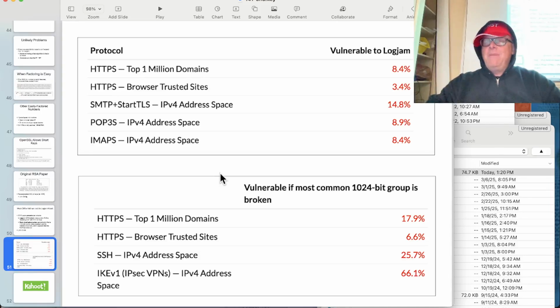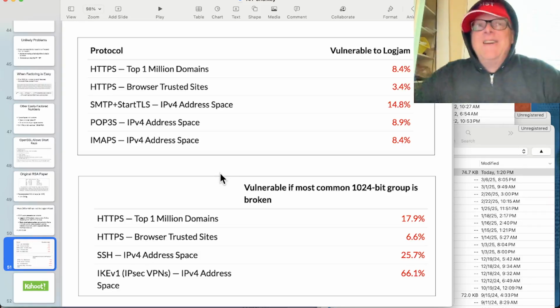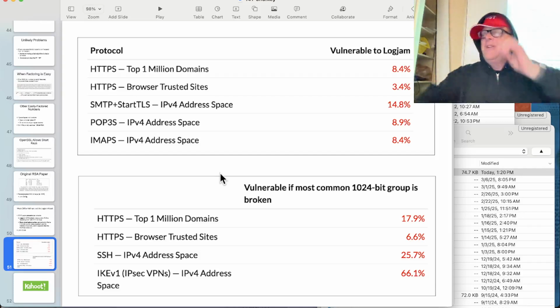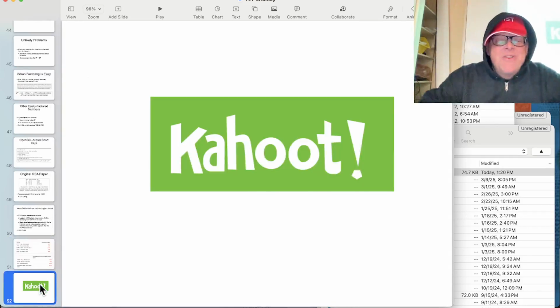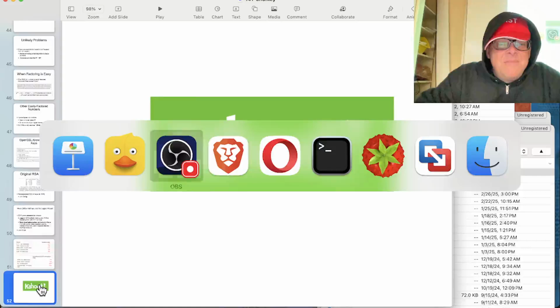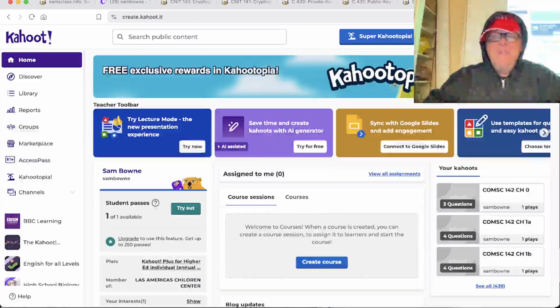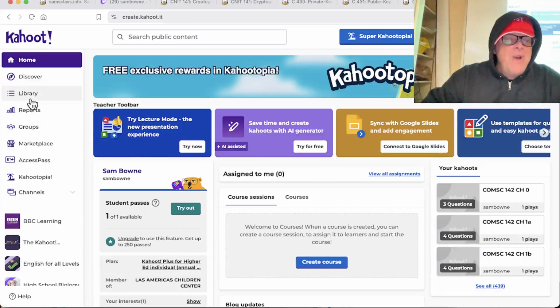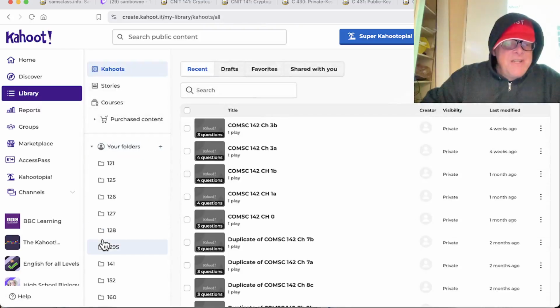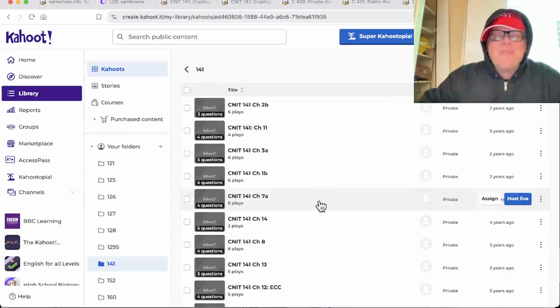I started looking at Android apps, and more than half of the Android apps implement encryption wrong. And I said, this is awful. We have systems that work, and people just don't use them correctly. So it would be good to actually teach people how to use encryption properly. So let's take a look at a Kahoot. If you do correctly employ things like RSA and AES, they're really very good. I mean, nothing is perfect, but you can really protect your data pretty well with these standard algorithms if you employ them correctly.